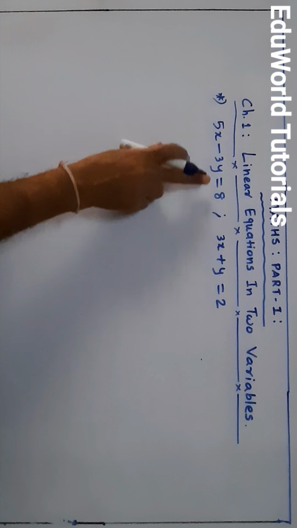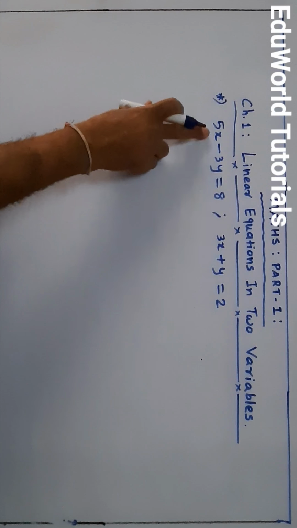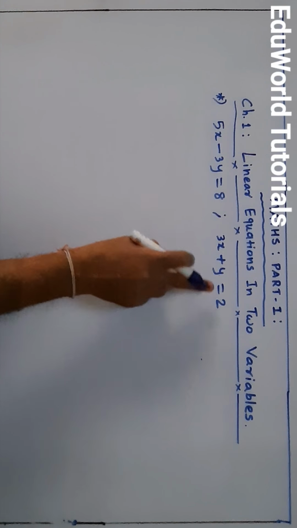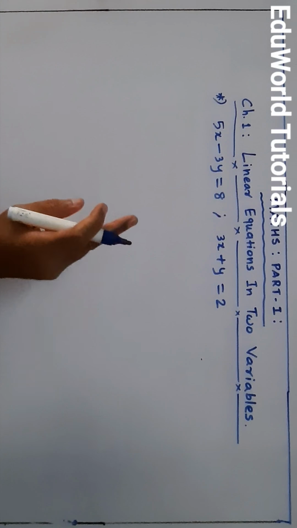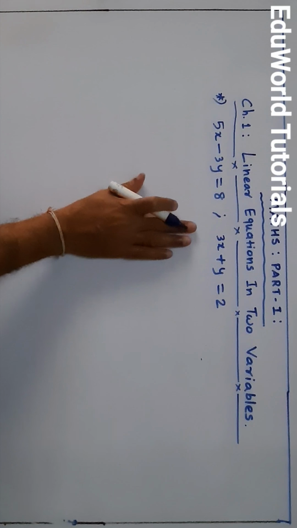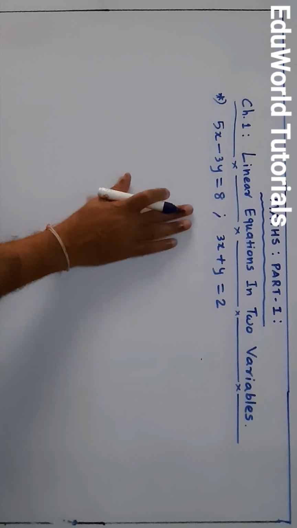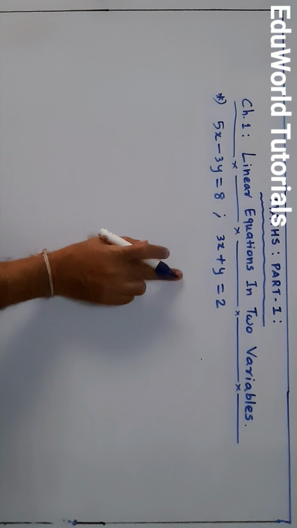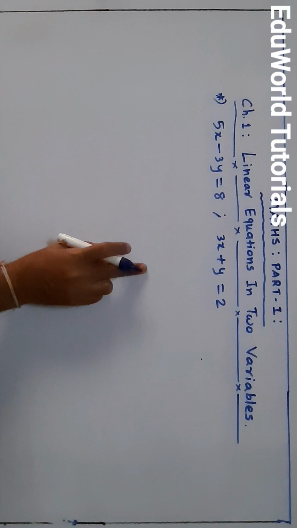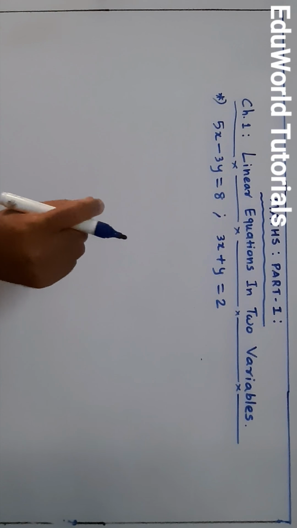So we are given two linear equations in two variables. They contain two variables and a, b, c are real numbers. When they give you two equations together and we have to solve them, then this is called a system of simultaneous linear equations. In 9th standard you have studied how to solve this. There are various methods of solving linear equations in two variables. In 10th standard you will study more.